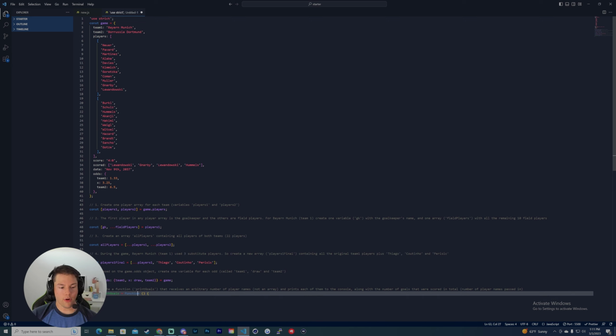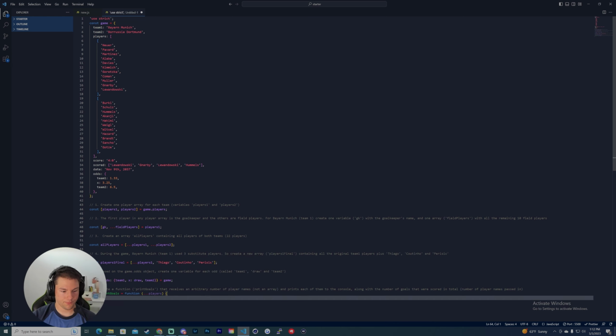Alright, so the way we're going to have it so that it can take in any amount of numbers or players is essentially we're going to use the rest operator. So the way we do that is just 3 dots, and then we're going to make a parameter called players. So then it wants us to console.log players,